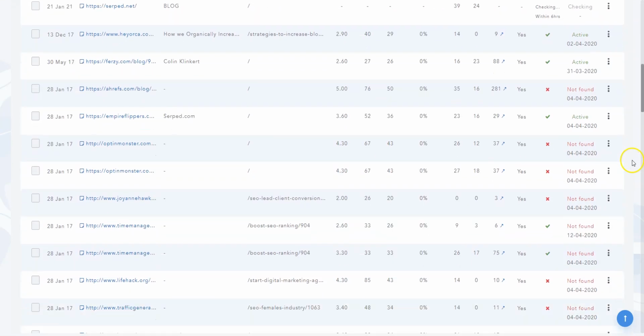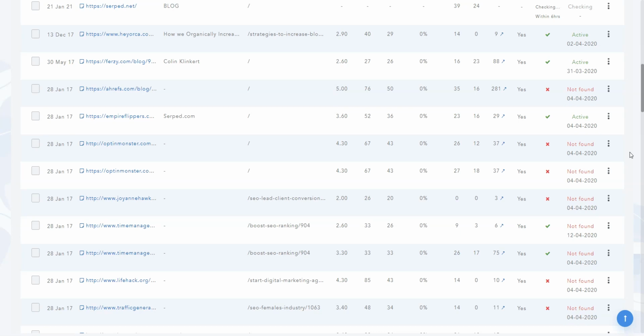Here we can see quite a lot of issues: backlinks that are not found anymore, pages that are not indexed anymore, as well as no follow backlinks. Probably time for us to take a close look at these backlinks and see what happened exactly. In cases like this, if you paid for these links, don't hesitate to get in touch with the person who sold them to you and either ask for replacements or refund.